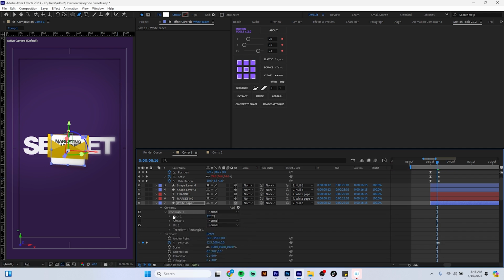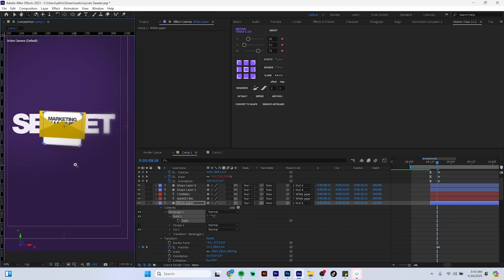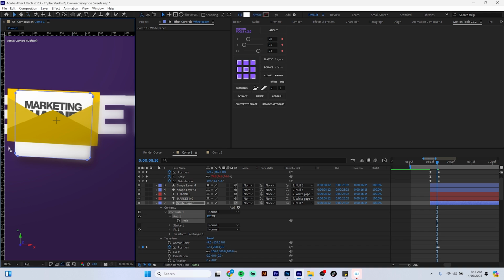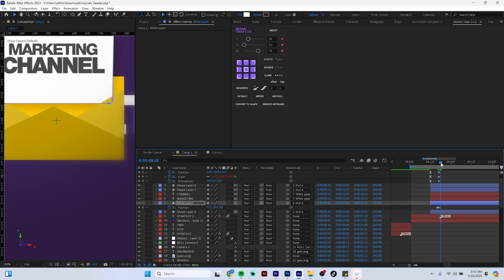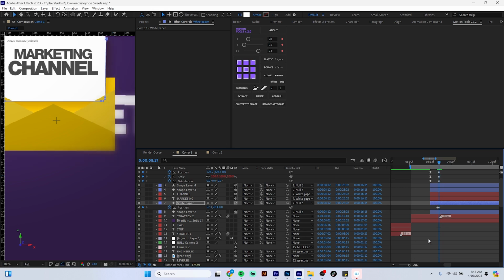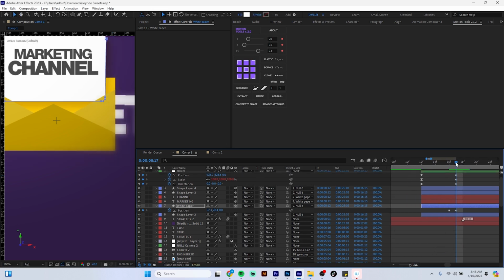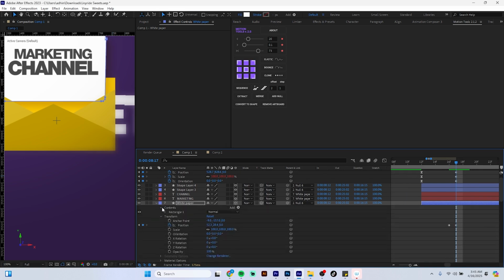So I'm going to convert this to a Bezier path so I can manipulate it myself. I'm going to push this upwards, upwards, upwards. Okay. Not a problem. What I'm going to do is I'm going to add this path keyframe over here for this